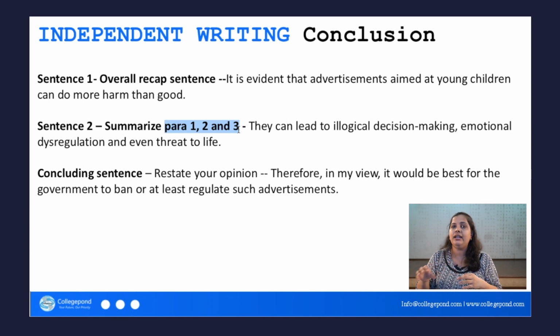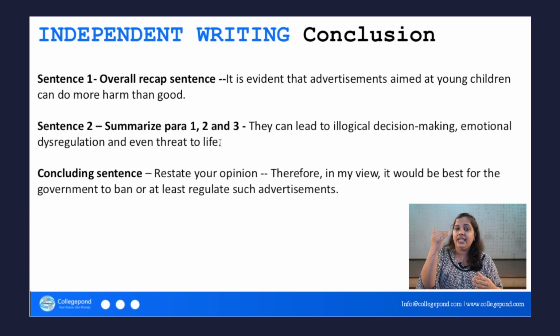And how do you do that? You can use this kind of a sentence. They can lead to illogical decision making, emotional dysregulation, and even threat to life. Now, these 3 are not separate things, right? You can say that emotional dysregulation can lead to illogical decision making. So they are connected. But in the context of this essay that we wrote just now, we had 3 different points